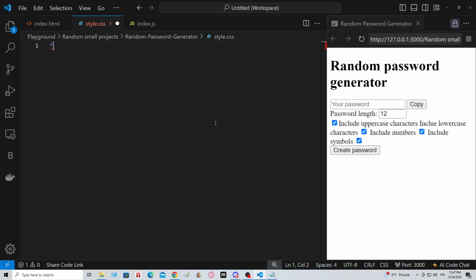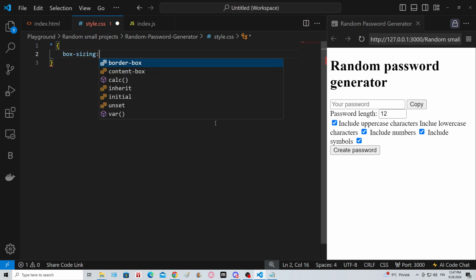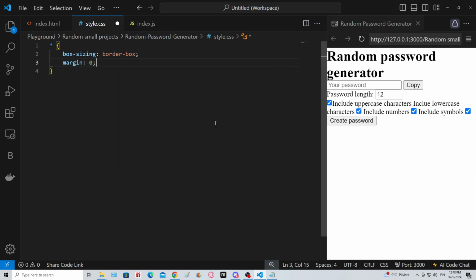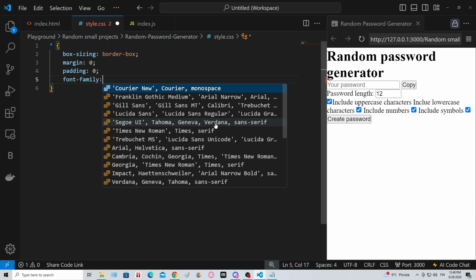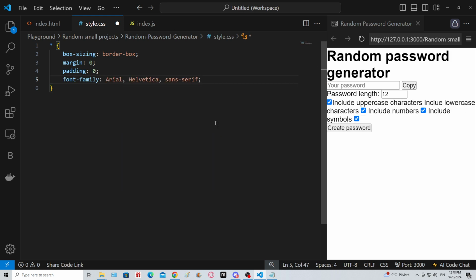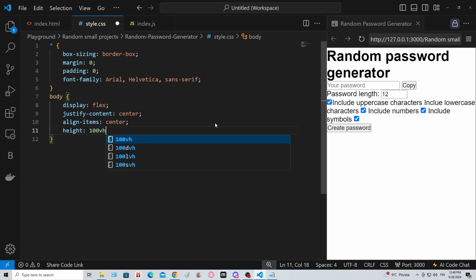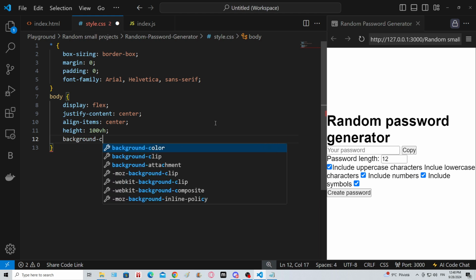So I'm gonna use an asterisk to select all the elements. I'm gonna use the box sizing property of border box. Margin is gonna be 0, padding 0, and font family is gonna be Arial, Helvetica, and sans serif. Then I'm gonna take the body element. I'm gonna use a flexbox. I'm gonna justify content center, and align items center. Height will be 100 viewport heights, and the background color will be